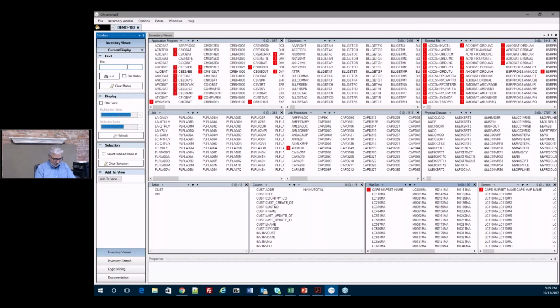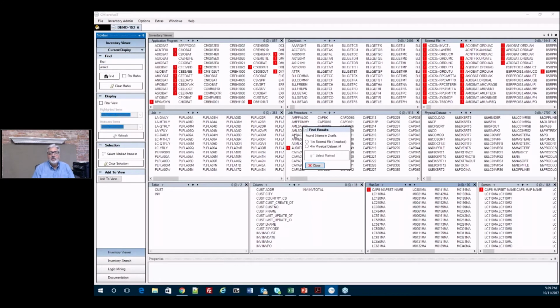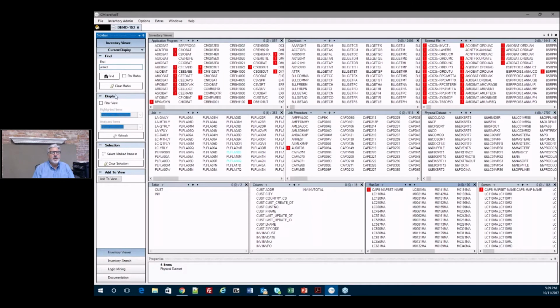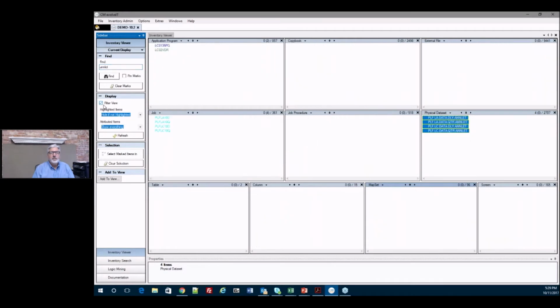So I'm going to start with a project around an annuity letter. This is an insurance application. I'm going to start by finding some data files, some physical data sets. We're going to capture that information, select them, and now we're filtering on those data sets so we find the components that are related. In this case, we have just a few components, 4 batch jobs, 2 programs, and we